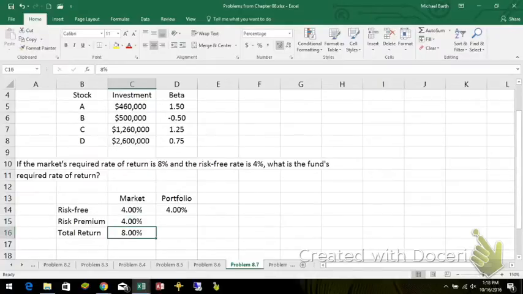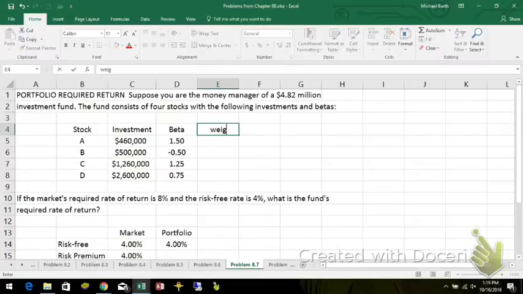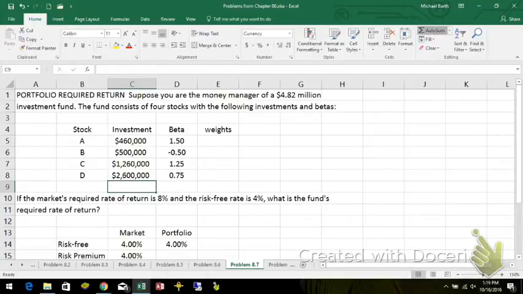of 8. To find the portfolio's required rate of return, I need to know the risk premium of the portfolio, which means I need the beta so I can multiply it by the market risk premium. The beta is a weighted average of the betas in the portfolio. So if I do the weights, $4.82 million total, and then